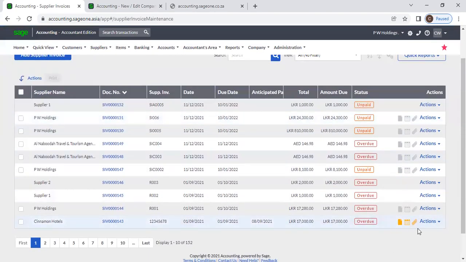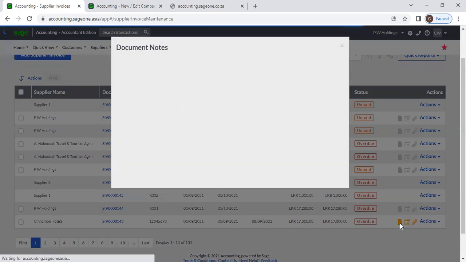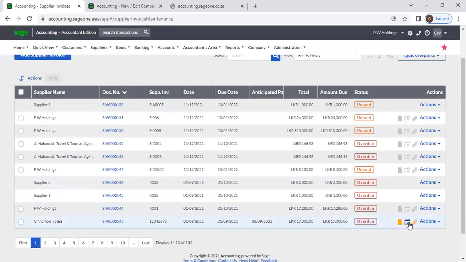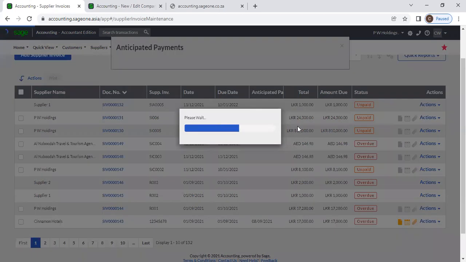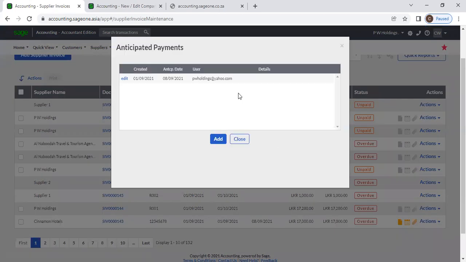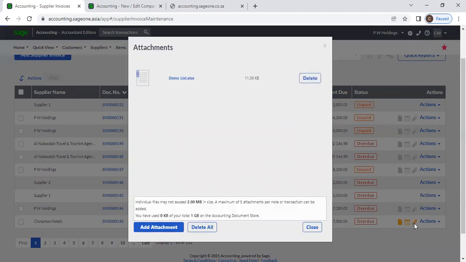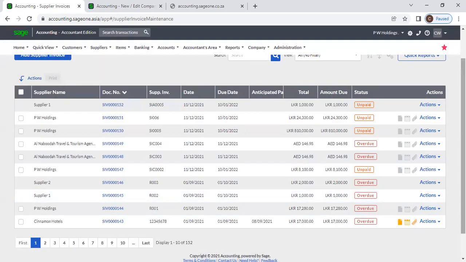Right. Now you can see this color has changed. You can view the document notes and the anticipated payment date from here, and you can view if there are any document attachments. Right, like that,